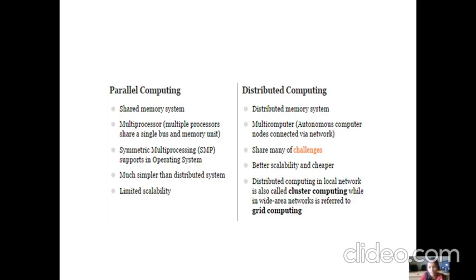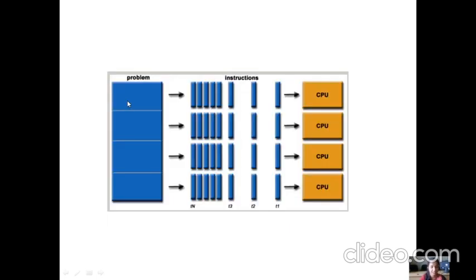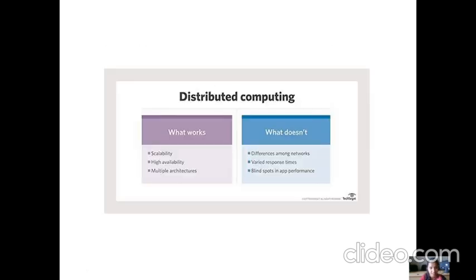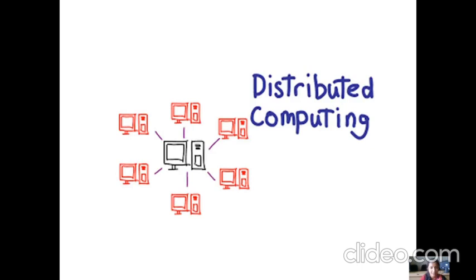Okay, so this is all about parallel computing and distributed computing. So don't get confused between them. I will repeat it again so that you can understand it better. In distributed computing, we are going to have distributed computers. That means we have the central computer here to which all other computers are connected. The fellow computers are not going to share resources, or have any connection with the neighbor computer. They can connect only with the central computer, and they can only communicate with the central computer as well. This is all about distributed computing.